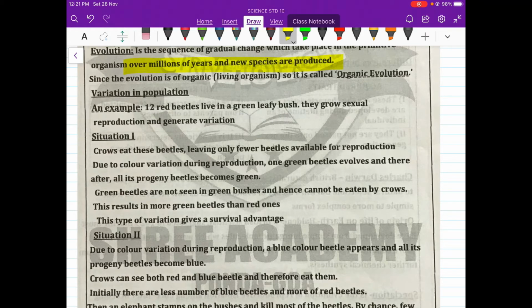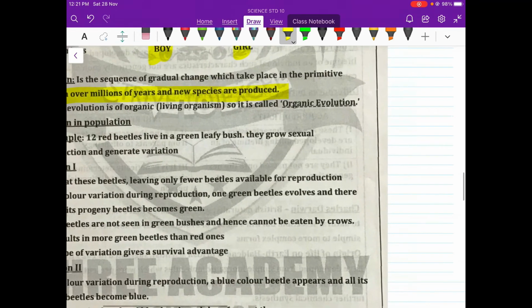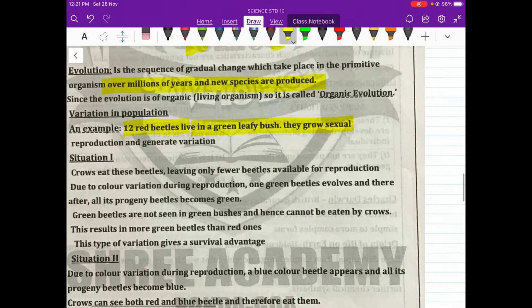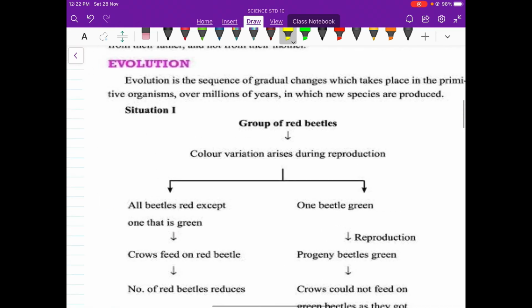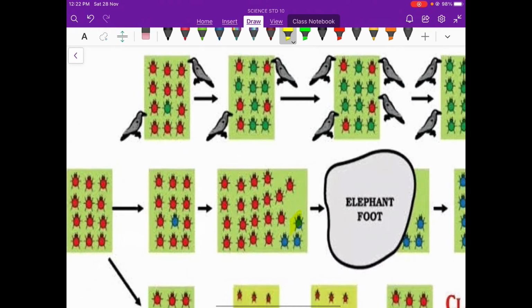So, how to see how variation can happen in a population? We can have an example. Now there is a simple example of red beetles. Suppose red beetles are there in a green leafy bush, and they reproduce sexually. In the first case, if you can see this diagram here, there are only red beetles. Now red beetles are easily visible to the crows in the green bushes, so